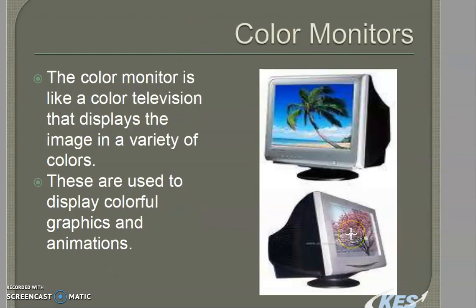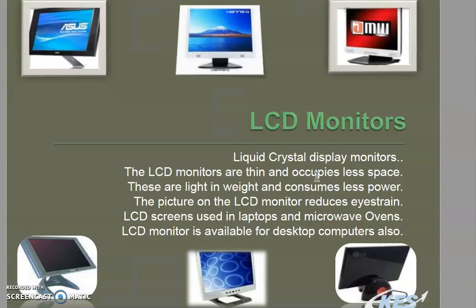See this picture. The third type of CRT monitor is the color monitor. A color monitor uses the concept of RGB, that is red, green, and blue colors, so the colored picture will be shown as it is on the output screen. Here you can see these CRT color monitors. They are used to display pictures, graphics, and animations. It is costlier than the monochrome monitor and the grayscale monitor.